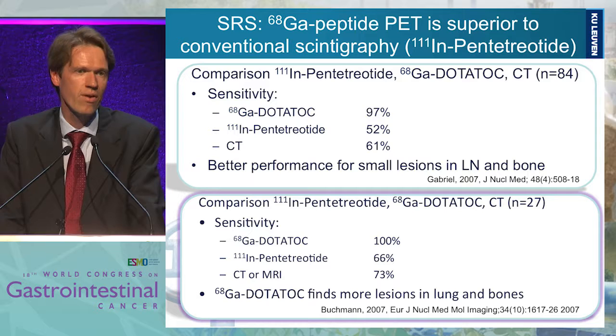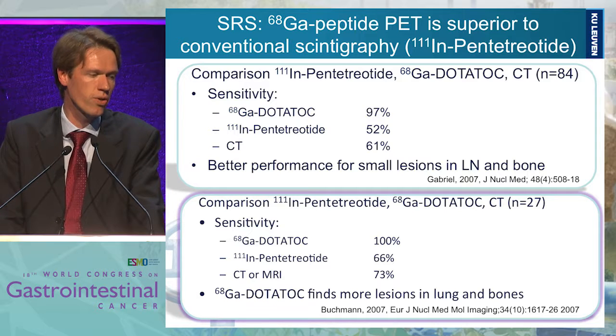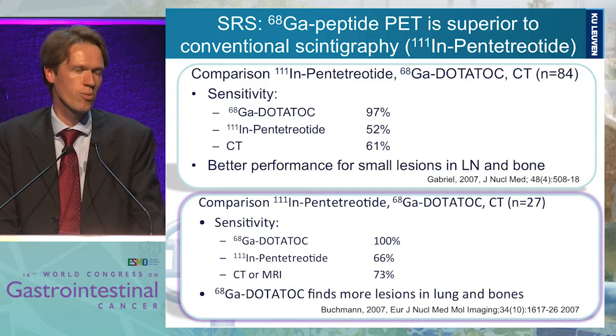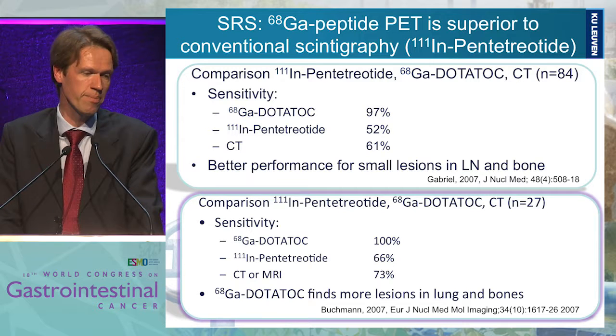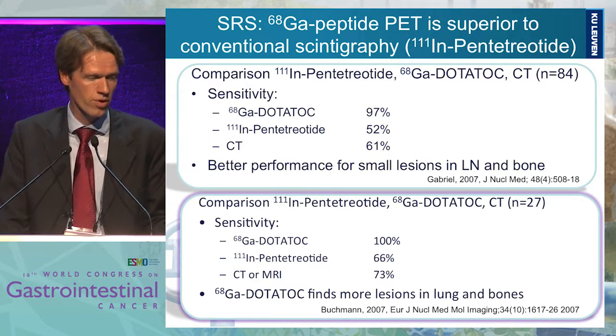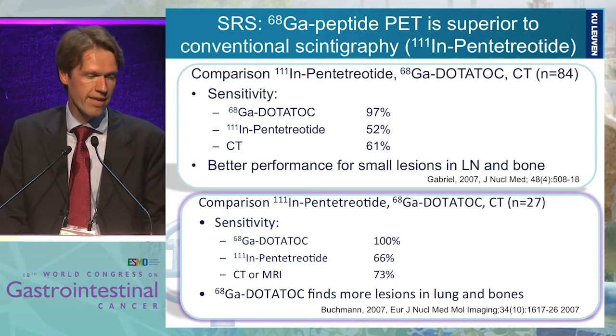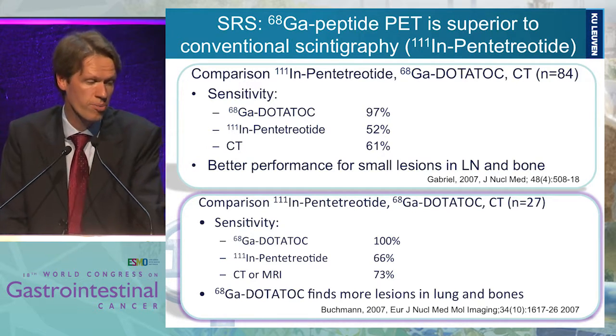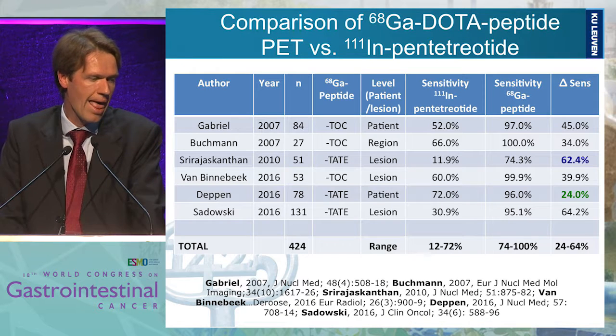Since 2007, there have been data consistently showing that peptides labeled with gallium have a much higher sensitivity than the indium-labeled pentetreotide. The first series showed 97% sensitivity compared to 52% for the conventional indium-111-based molecule. In the same year, a smaller study showed 100% versus 66%. And in the last year, 3 studies have